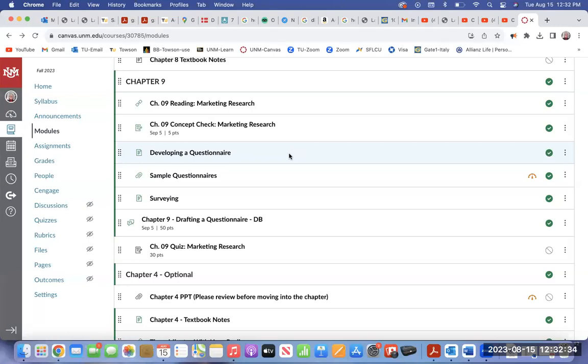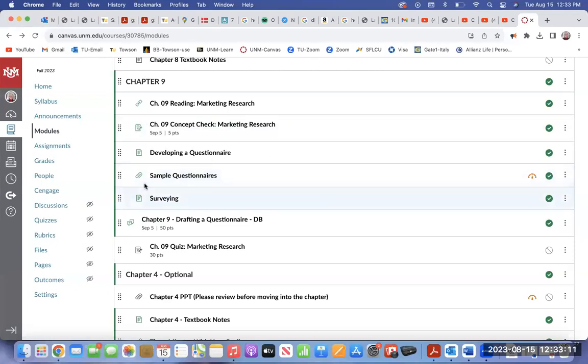This questionnaire will be used as a survey far away from your client's business. We're not going to do it anywhere close to your client's business. We're going to think, where are these target markets? Where can I reach these people? It could be by email, it could be in person. You could do a Survey Monkey, you can do a Google survey. It's up to you how you want to do this.